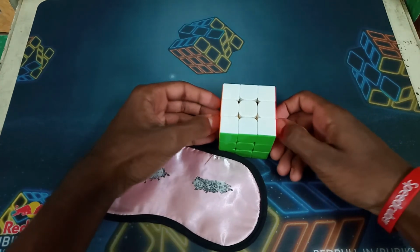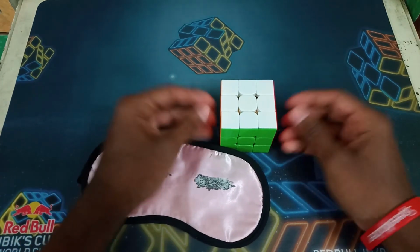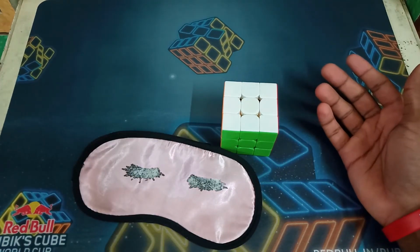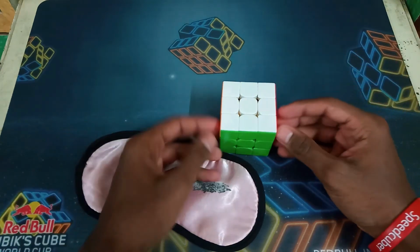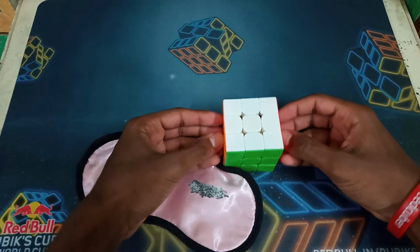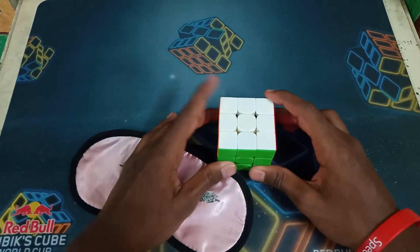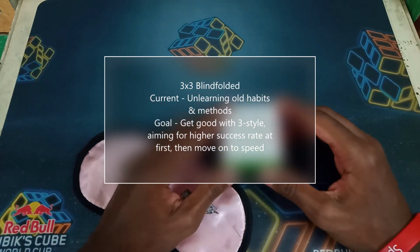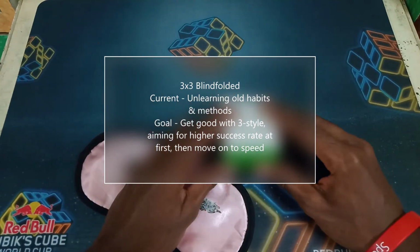Except for those, I will try to get my intuition down for all of them by the middle of the year or earlier, depending on my academic schedule, because things are again becoming haywire because of the third wave of COVID hitting in India again, COVID-19. So yes, hopefully by the end of the year, I should be fully used to the 3-style method for solving 3x3 blindfolded. And I will aim to get a higher success rate than a higher speed,